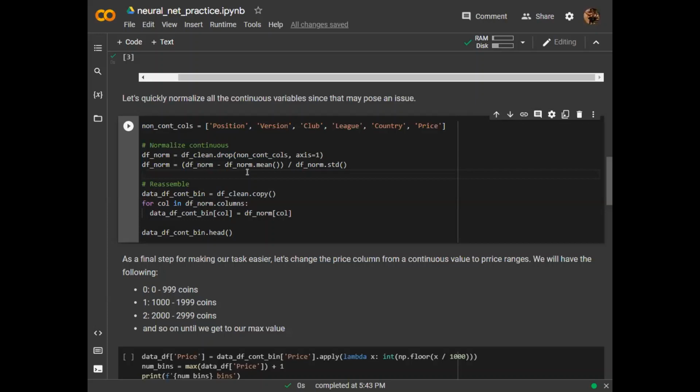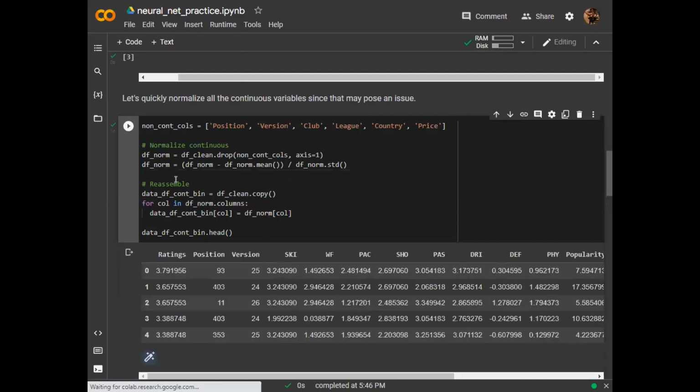Just like different scales, you want to try and keep all of your data constrained to one specific scale and not go between random different scales. One thing can be from 0 to 2000, one thing can be from 0 to 10, and so forth. So if you run this cell here, you can see that